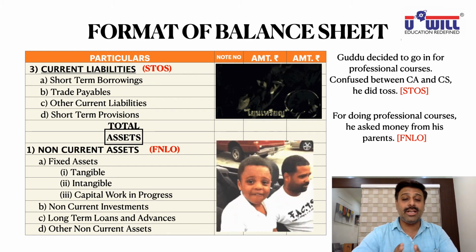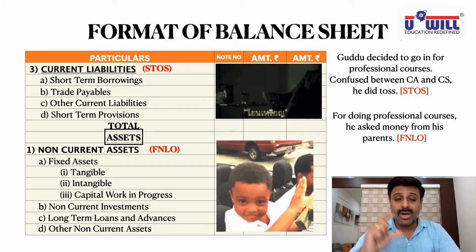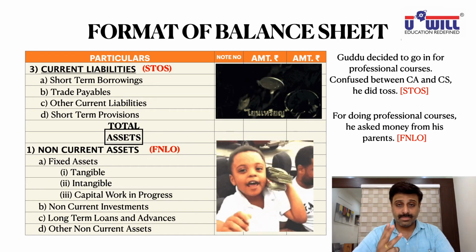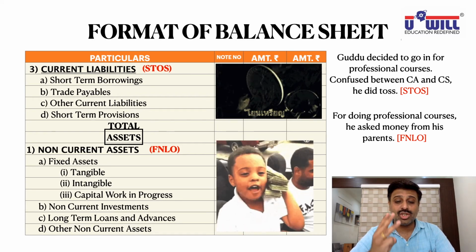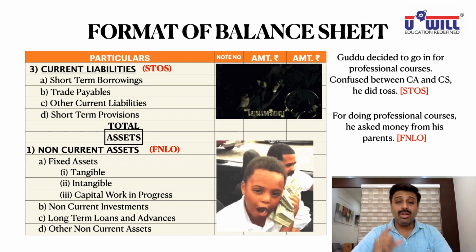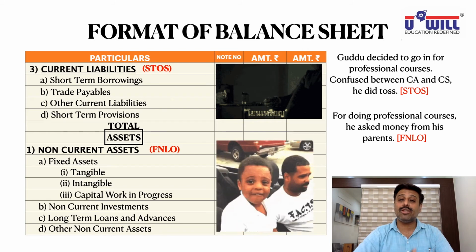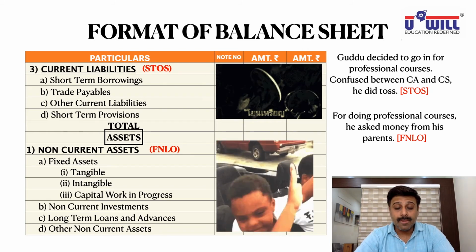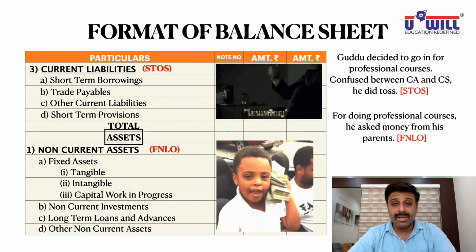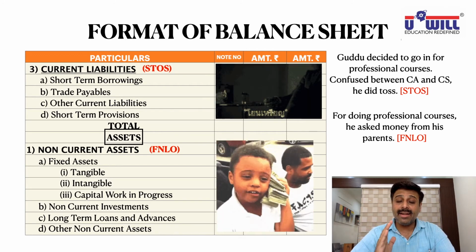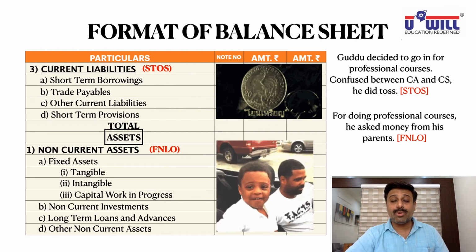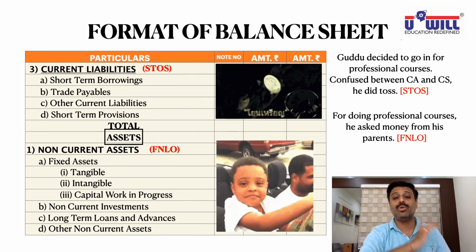So semi-finished goods. When we say capital work in progress, it means, for example, suppose you are constructing a 3-storied building. Listen carefully. 2 floors are completed. 1 floor is still remaining to be completed. Since 2 floors are completed, but 1 floor is still remaining, can I say the work is in progress? And after it gets completed, the building will become your fixed asset. This type of work in progress is called capital work in progress.